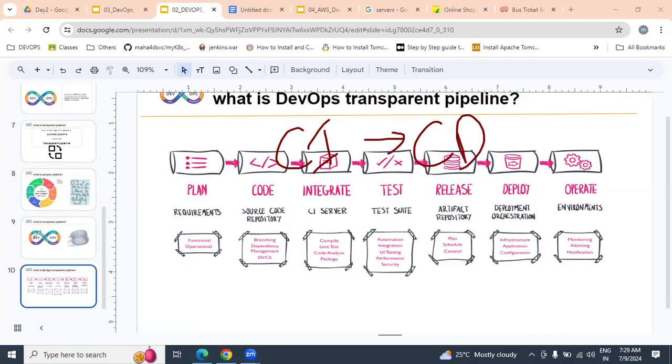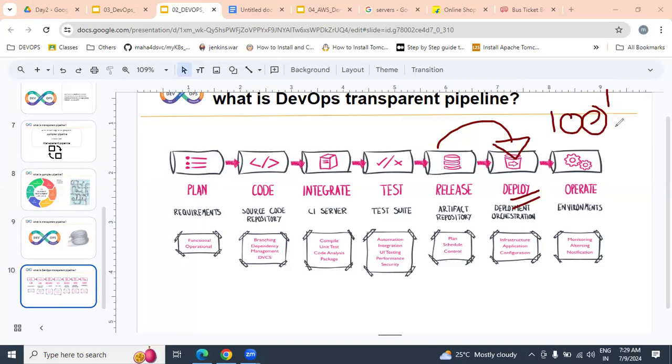Once the working software is delivered into the release, in a particular maintenance window we place our applications on hundreds of servers. What do we call that? Deployment. Placing our websites on hundreds of servers, we call deployment. Keep this statement in your mind until the end of the session.